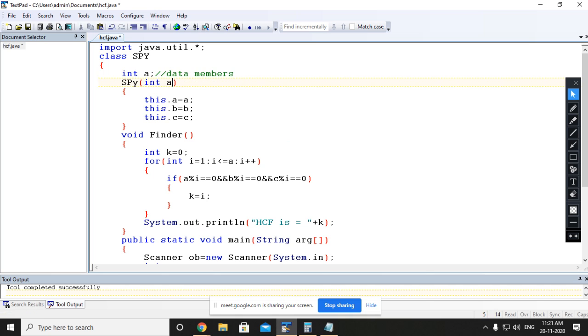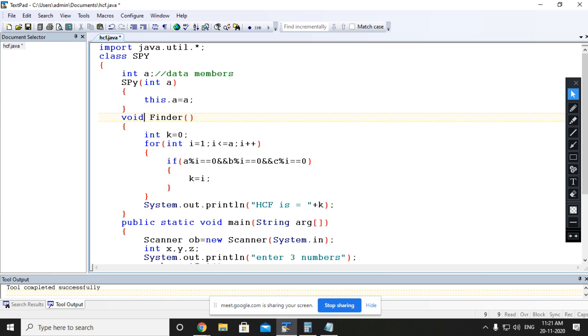SPY, because the constructor and the class name must be the same. Look here, everyone. Why capital number? That is a mistake, beta. Don't worry.